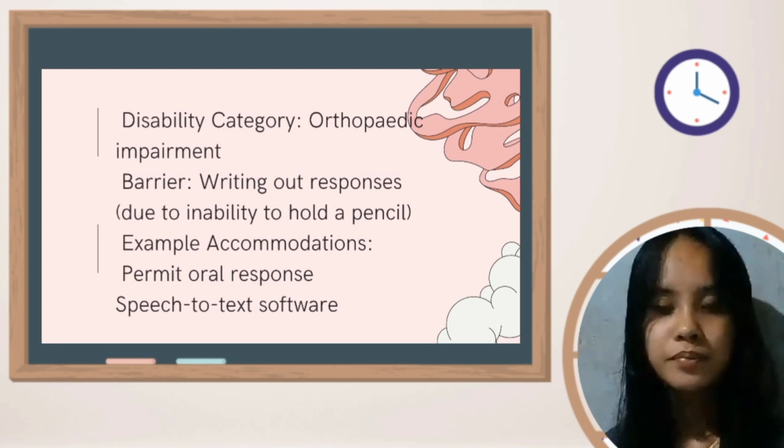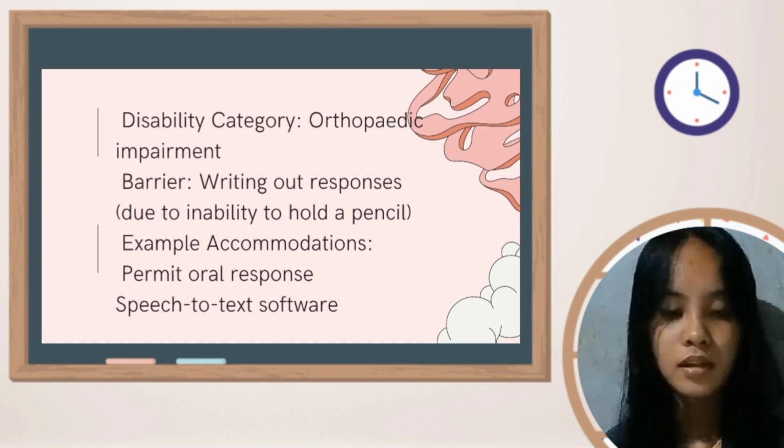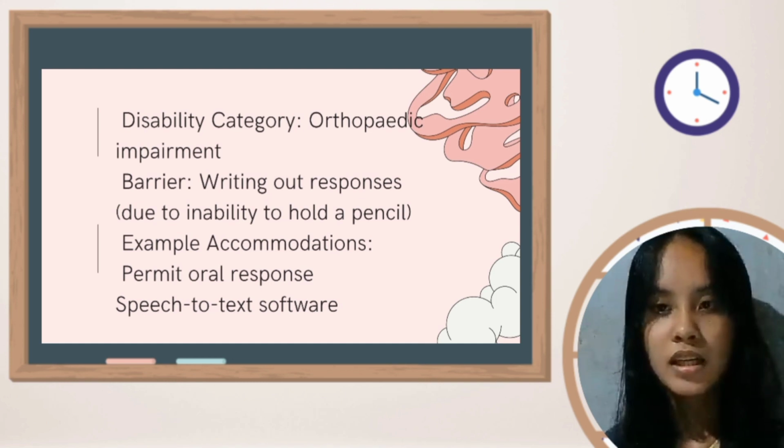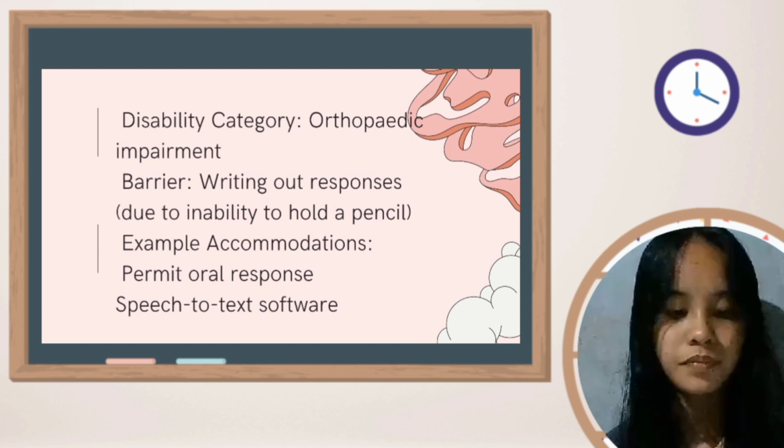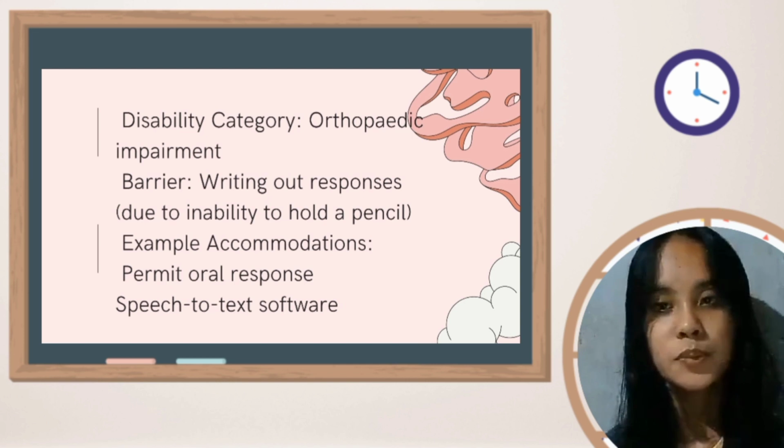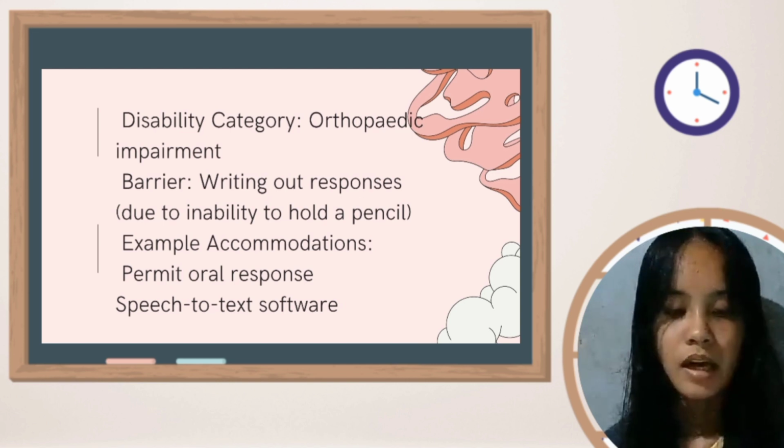Number 4. The disability category is orthopedic impairment. The referral characteristics for the student with an orthopedic impairment fall more into the area of physical characteristics. This may include paralysis, unsteady gait, poor muscle control, loss of